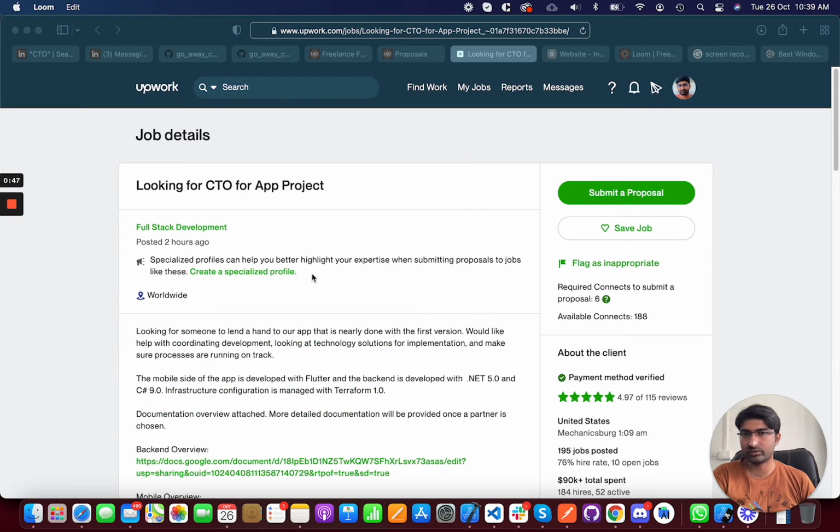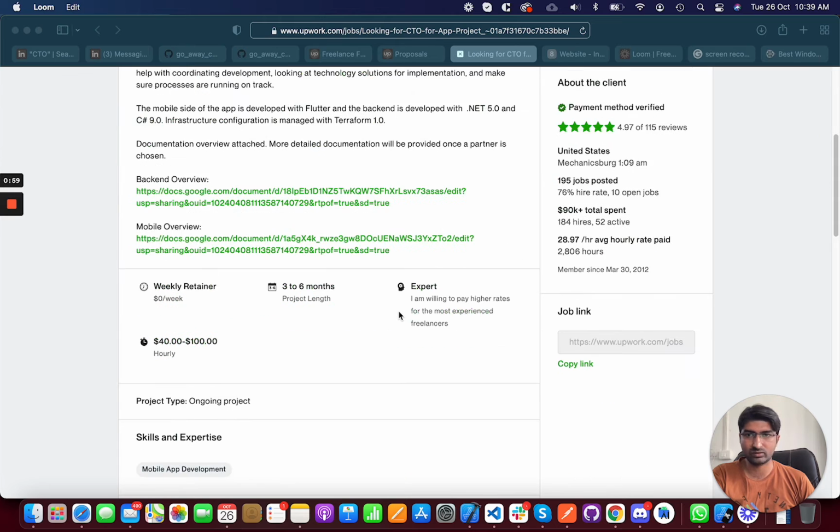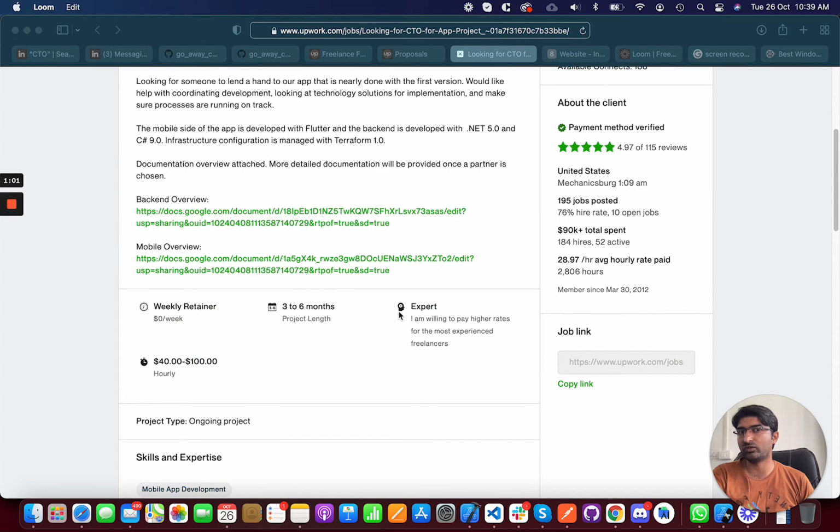Here is one job I recently saw in my feed. The client is looking for a city app project. First, you can see the hire rate is 76, which is really good. We can say above 75% is a good hire rate.